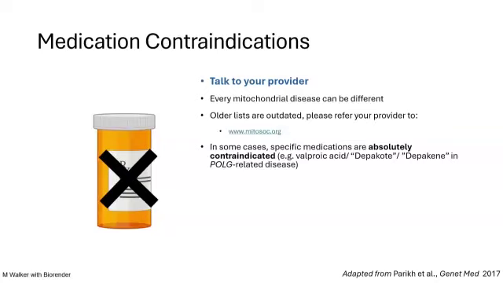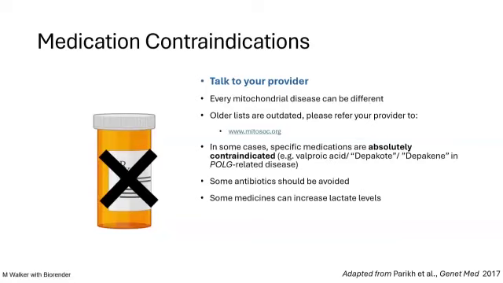One medication that I will make a special point of bringing up, though, is valproic acid or Depakote, Depakine. As a neurologist, I know that this medication is a very good and important medication when used in the right population, but anyone who has a variant, a pathogenic variant, or what we used to call a mutation in polymerase gamma or POLG, should not be given this medication. There are antibiotics similarly that should be avoided. It's really one subclass in particular and one pathogenic variant in particular where that's the most sensitive.